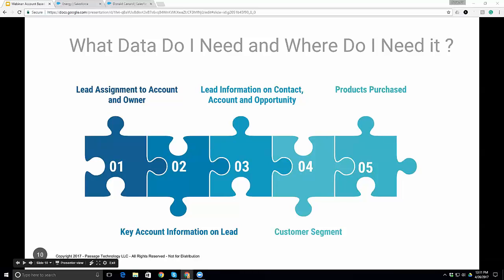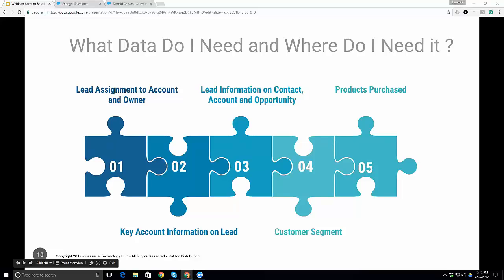On the account, do you need to be able to see the revenue? If you're segmenting and using tiers, what tier do they belong to? If you have rewards programs, is that rewards program information available from all the contacts that are participating? What industry are they in? What region or territory? What's the company size? What products have already been purchased? Website activity, open opportunities, open cases or service requests, and your net promoter scores.